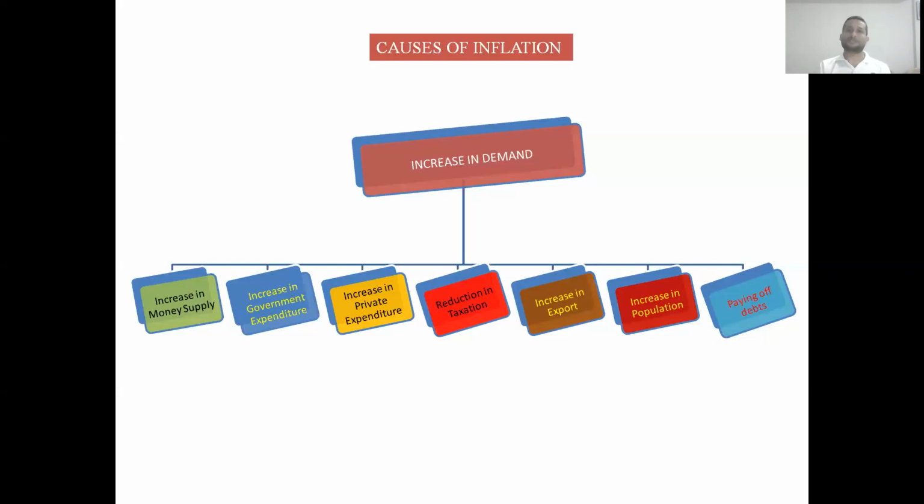as compared to supply of goods and services, and as a result of which inflation will take place. Another cause, paying off debts. If the government pays off the old debts to its population, to its citizens, then it will increase their purchasing power and as a result of which the demand will enhance. So these are the causes related to demand